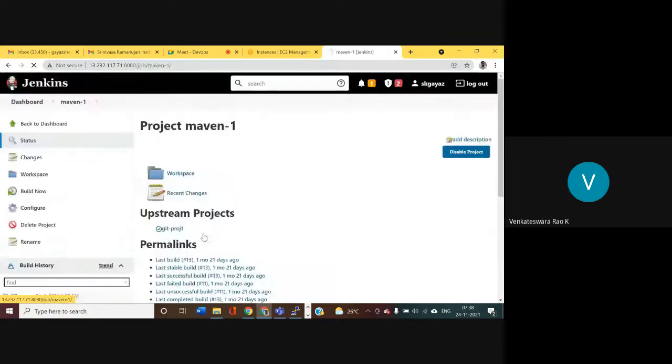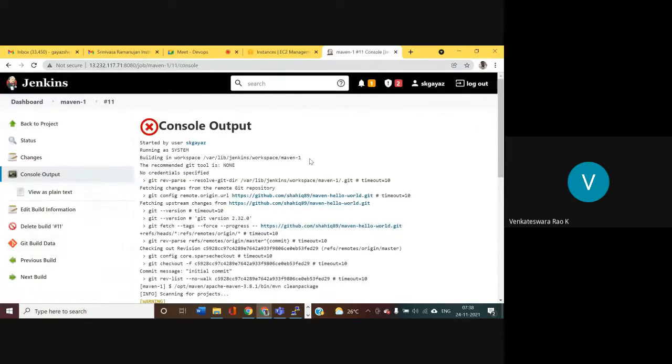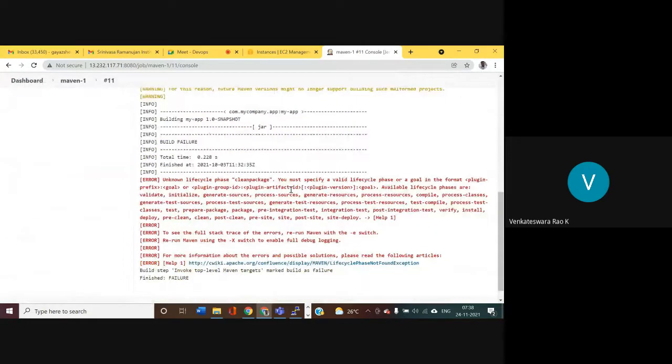Suppose consider a Maven project. Here this particular build failed, and here you will get why. Error: unknown lifecycle phase, cleanpackage. Here we provided the goal as cleanpackage, that is an unknown goal.